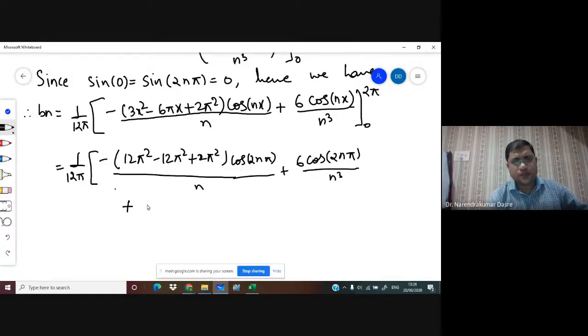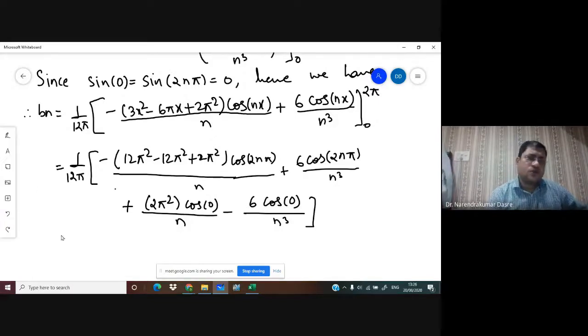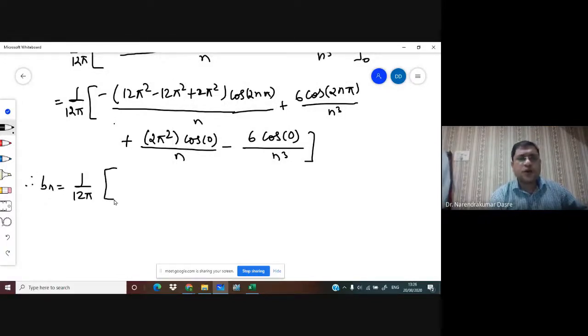This term is 0, this term is 0. So 2π square cos of 0 upon n and minus 2 cos of 0 upon n cube. Now let us see what we'll get. So bn is equal to 1 upon 12π. So this term is going to be minus